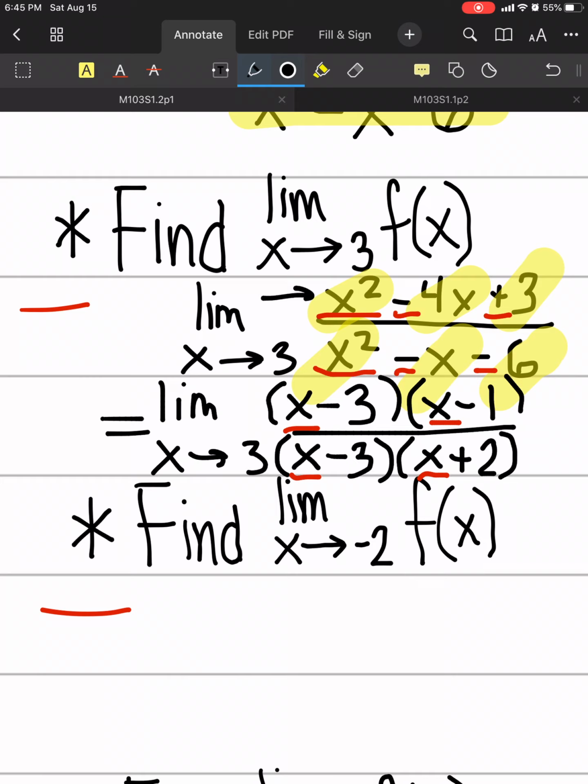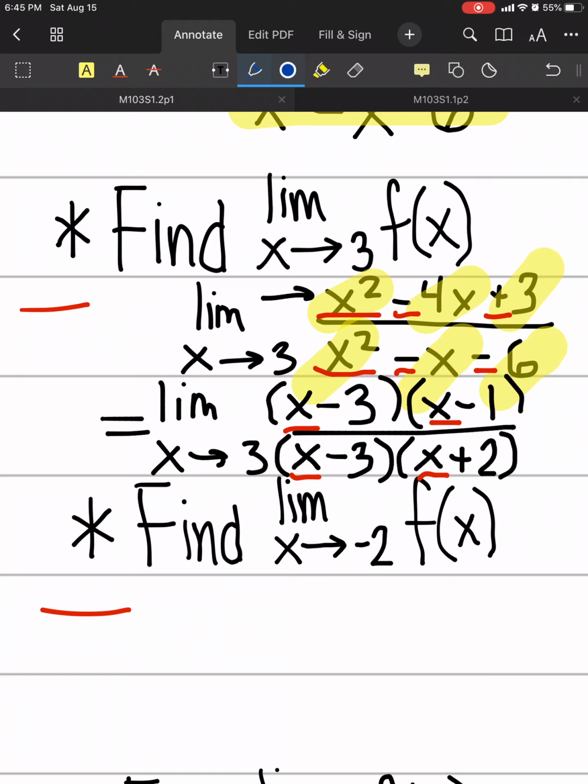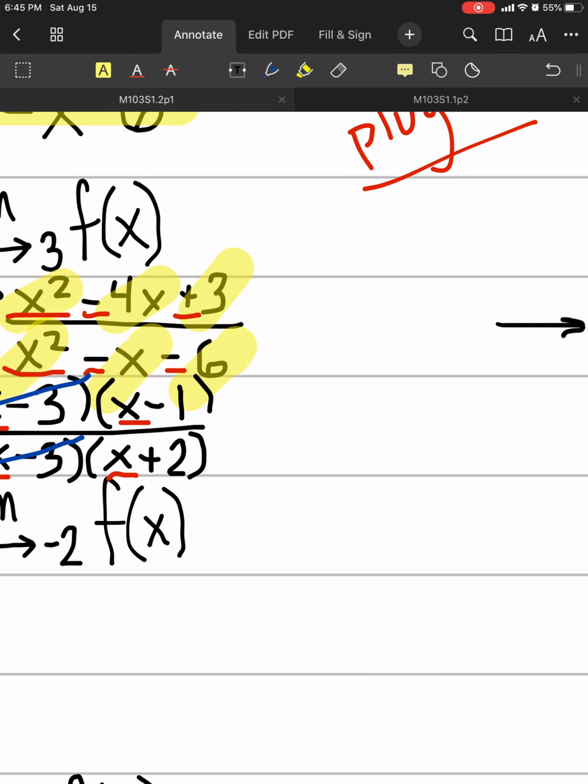Okay, so the point here is we have now x minus 3 times x minus 1 over x minus 3 times x minus 2. What you notice about this is we have the same factor in the top and the bottom. And when we're just plugging in a function value, we're not allowed to just cancel. But for a limit, we are. So we can cancel these two factors, and then we get